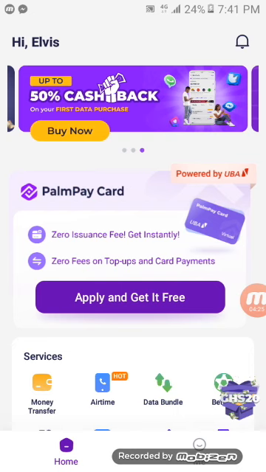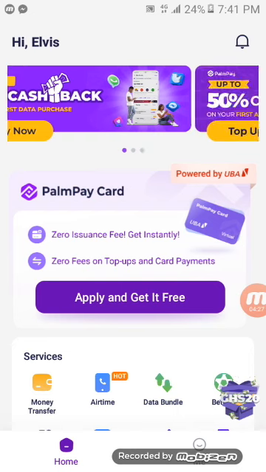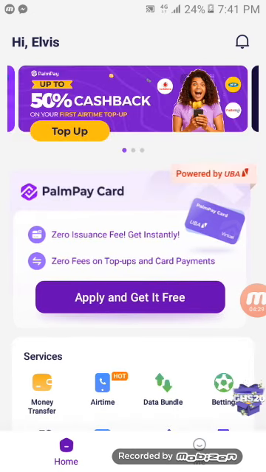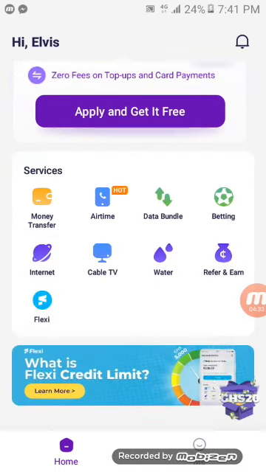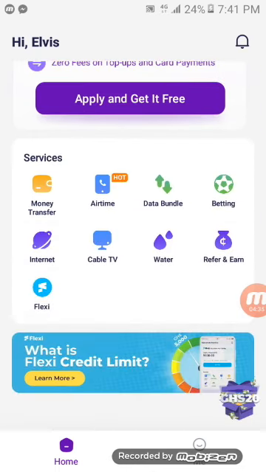So once you are done with everything, I mean the sign up, you can see this is how the dashboard looks like, and it's not actually for only earning money, but you can also use it for transferring money to friends and family, buying of airtime, data bundles, water bills, refer and earn. Okay, so let's go to what we are actually here for. So you just have to click on this refer and earn right here,